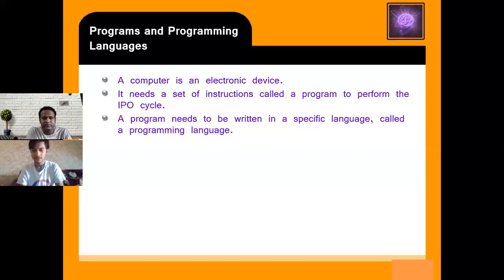Different for every language. Like you see, in the Hindi language the grammar is different, and in English it is different. In Odia it is different. In English there are 26 letters, while 49 are present in Hindi and Odia. So from language to language, the syntax or grammar is different.